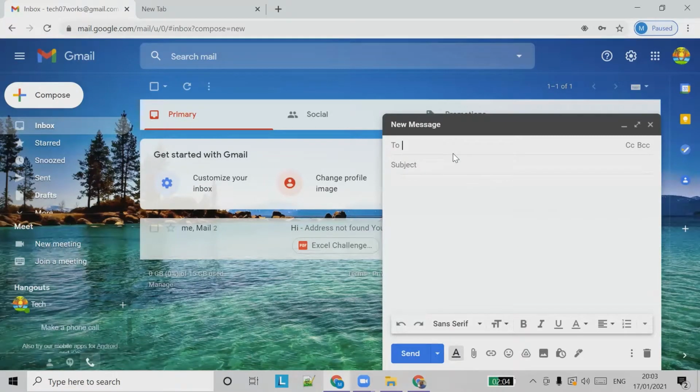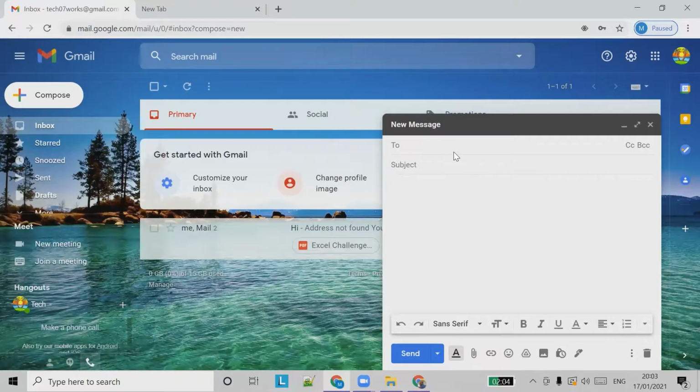Okay, so those people we add to CC, and BCC we learned that BCC won't appear in the receiver's email. So whoever is BCC, the receiver won't know who's BCC, but the CC people, he will know. Okay, so that's it.